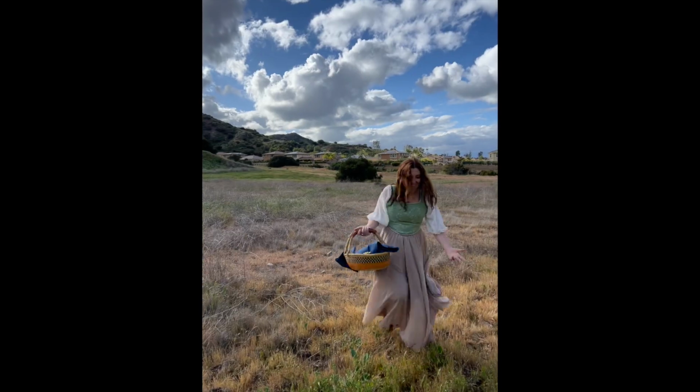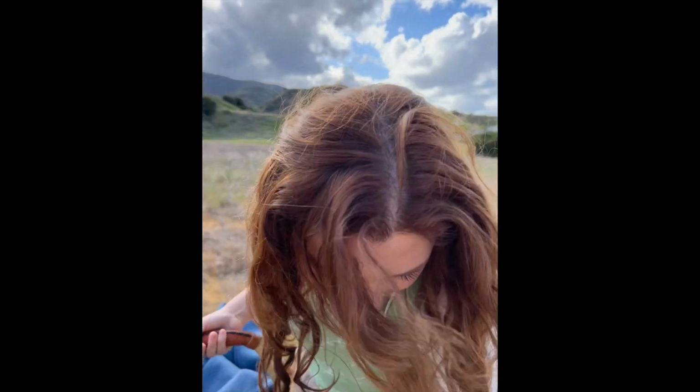You try prancing in a dress. Ow, there's a stick stuck in my